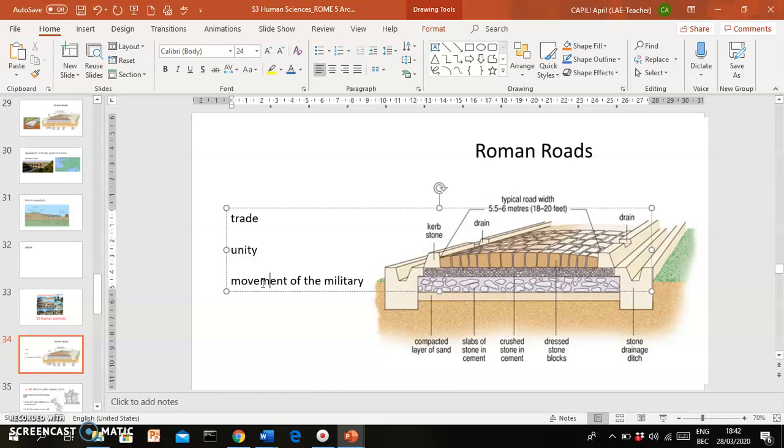Now, if you had good roads, then that also facilitated the movement of the military, made it easier for the military to move from one place to another. So if there was some trouble in the south of Italy, then legions could more easily be brought there, given that they had a road like this and a road system that connected different parts of the empire. Okay,